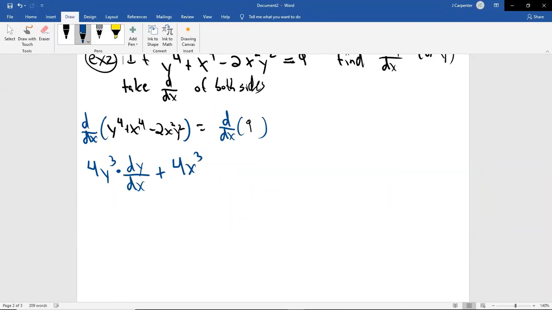Now here's where things get interesting. X squared times y squared is a product rule. That's a product. So we got to remember derivative first times second plus second times derivative. I think I said that wrong. First times derivative of the second plus second times derivative of the first, or whatever variation you like. Now that -2 is going to get annoying to have to deal with along the way. So I'm going to go -2 and then open a parentheses. And then inside of this parentheses will be the product rule.